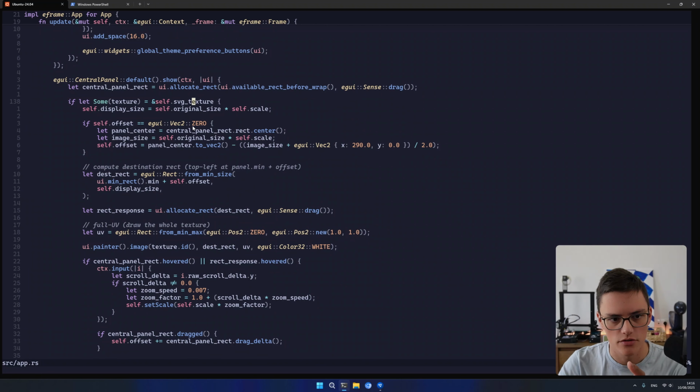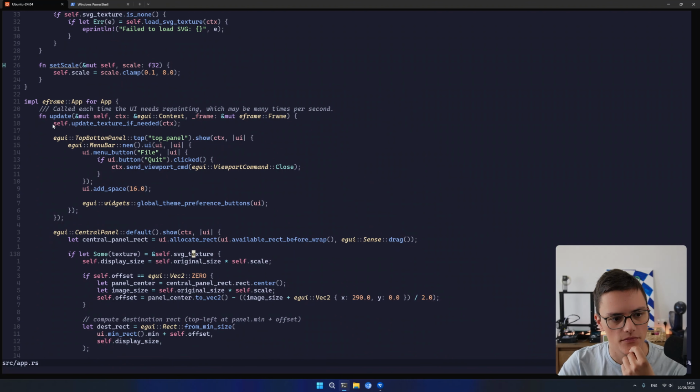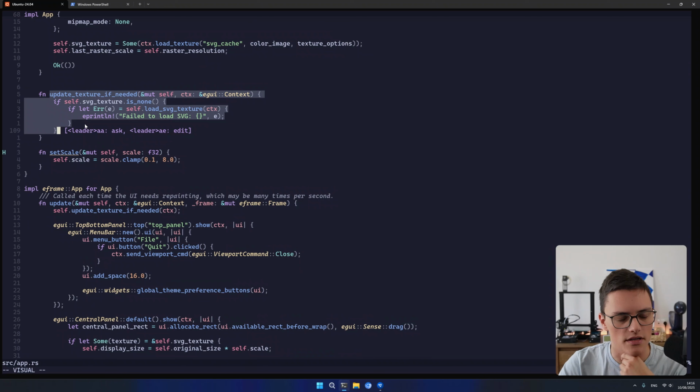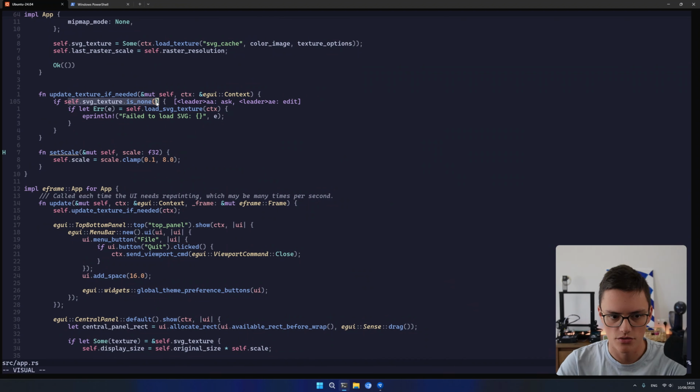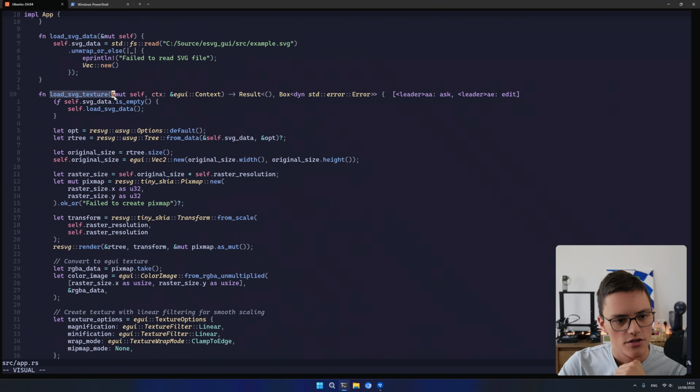So we pre-load a texture, the SVG's texture, and pre-render it, and that happens when the app loads. Actually, on every update, we call this function, update texture if needed. And update texture if needed is called only once when the texture is none, so when there's no texture currently. And that calls load SVG texture, and load SVG texture is this function I wrote